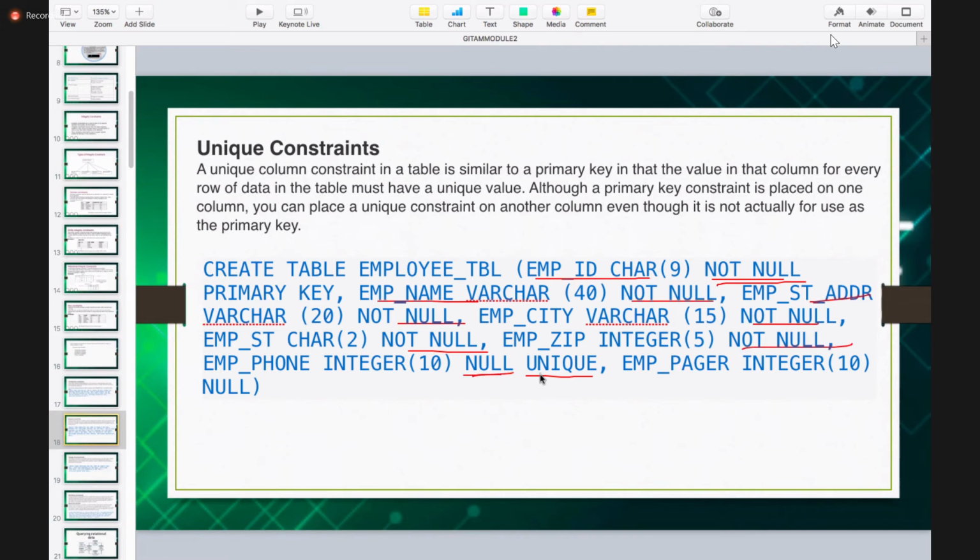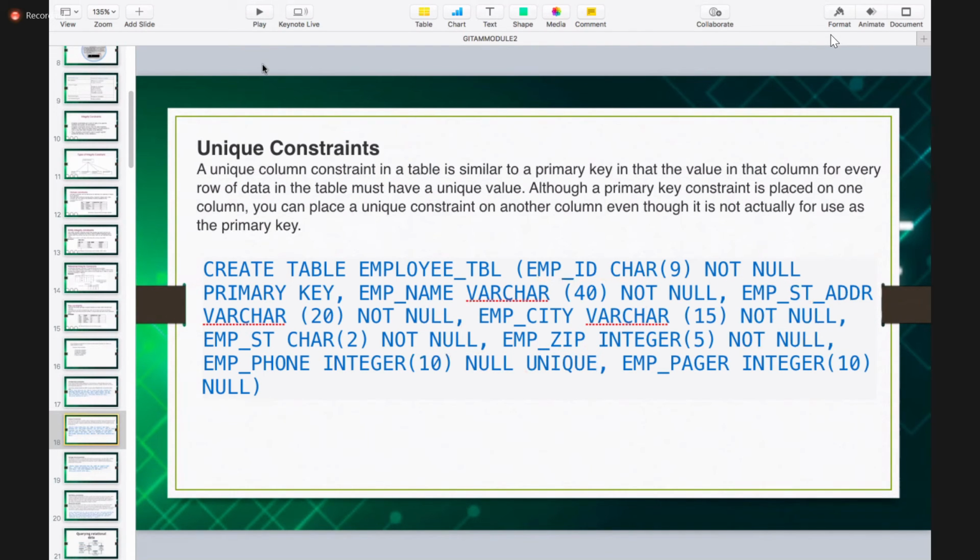Phone number, null and unique. Pager, null. So this is one example where they have applied the unique constraint. When I take unique, it means that I cannot take any duplicated values for phone. Okay, understanding, guys? Students, are you understanding? Yes, ma'am.